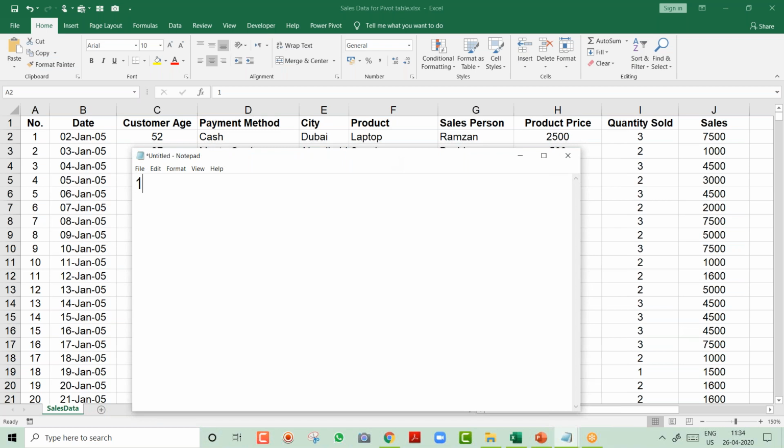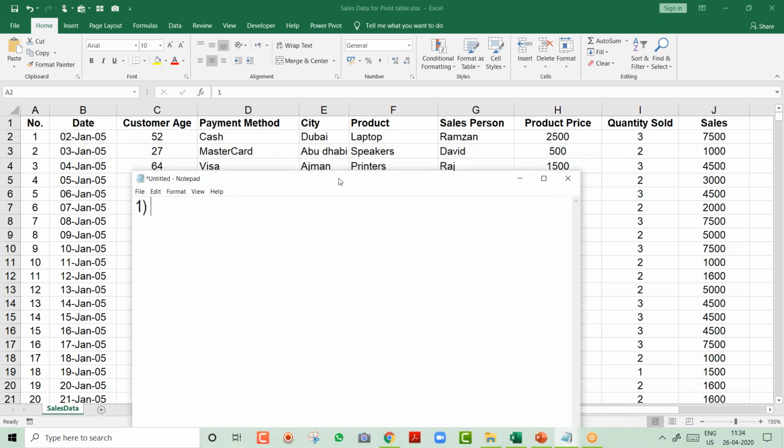The first thing before creating a dashboard or a summary report on a pivot table is to make sure your date format is correct, friends.